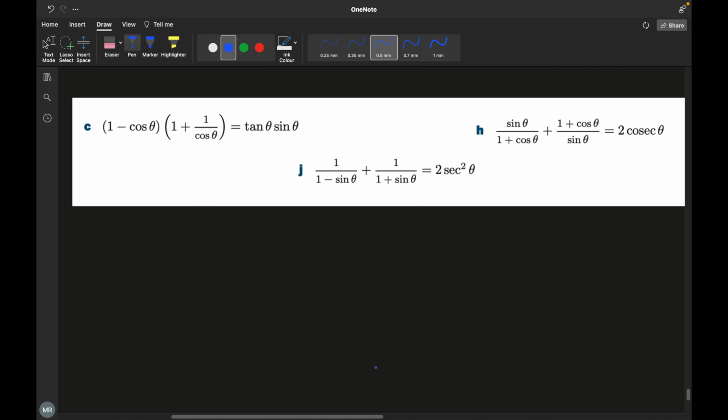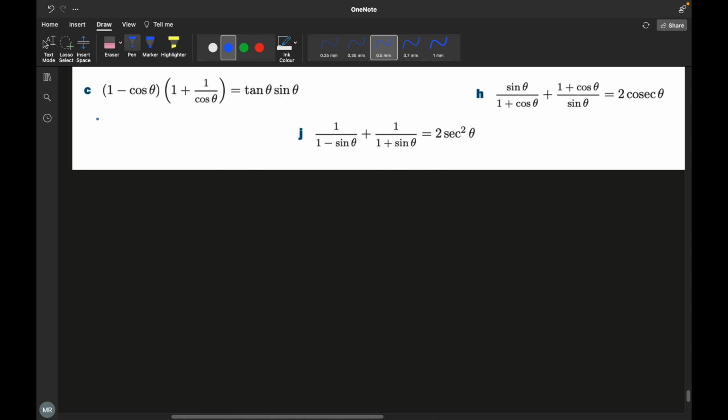So yeah, and now let's solve this. We have (1 minus cos theta) into (1 plus 1 by cos theta). We get 1 plus 1 by cos theta minus cos theta minus 1 by cos theta... These two get cancelled, and we have